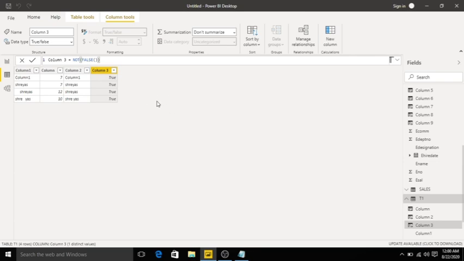We have another function called and. And checks whether all arguments are true and returns true if all arguments are true. I will create a new column. Go to sales data.